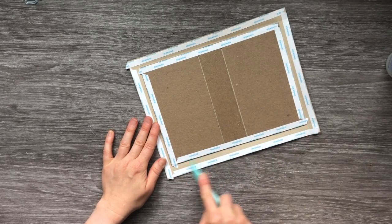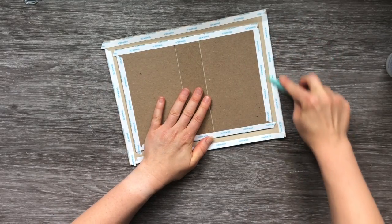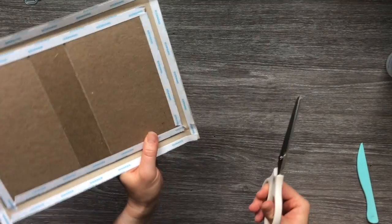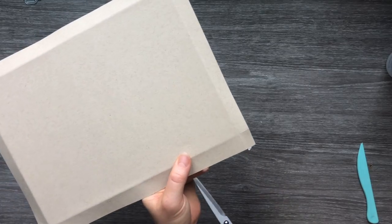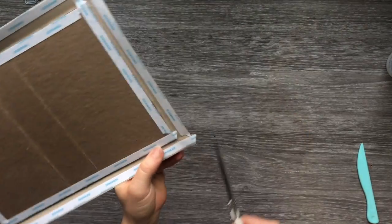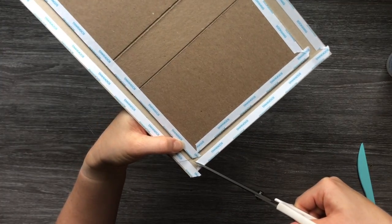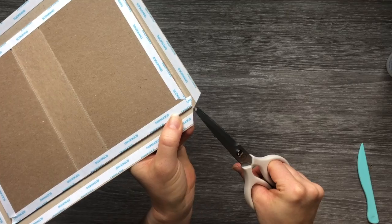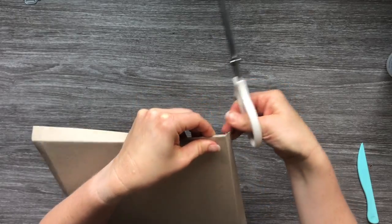You can burnish that all on with your bone folder. And then you're going to need your scissors, and I'm going to show you on the other side, but I'm going to cut it on the other side. Here we have a little rectangle, and you're just going to cut up at a diagonal around that rectangle, and then up at a diagonal to this corner, but we're not going all the way to the chipboard. We're going to leave about 1/8 of an inch so that when we wrap it,